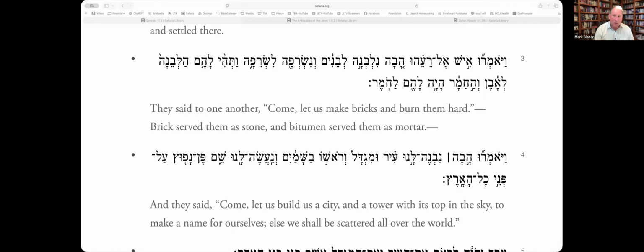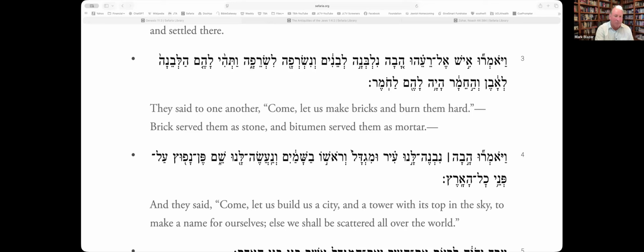And part of it, of course, was their goal, which was to have fame and power for the sake of fame and power. Now, I will tell you that this midrash, this kind of understanding